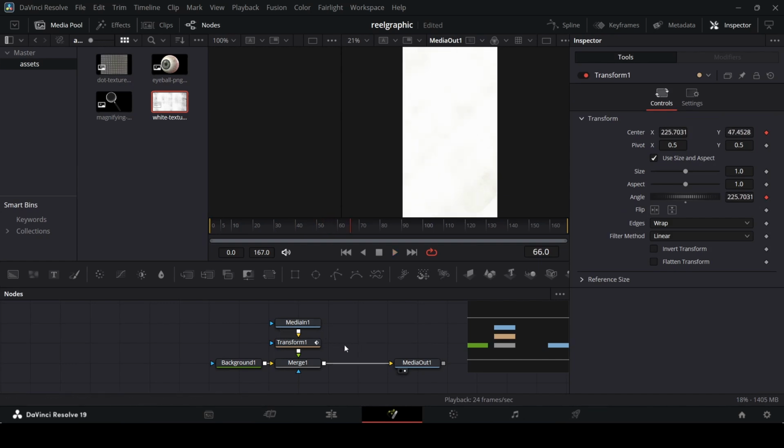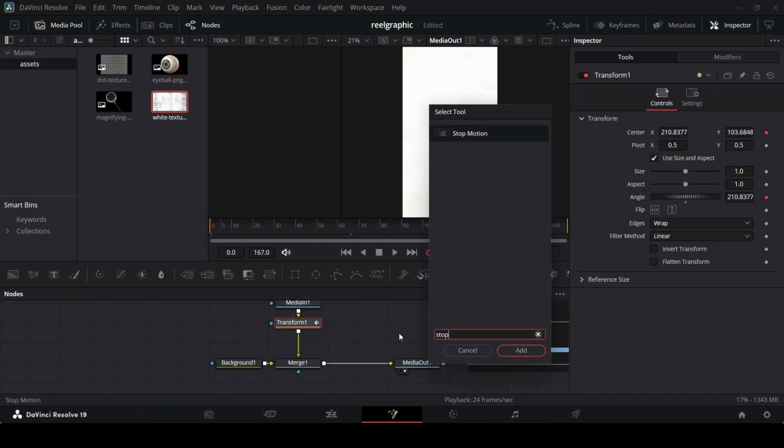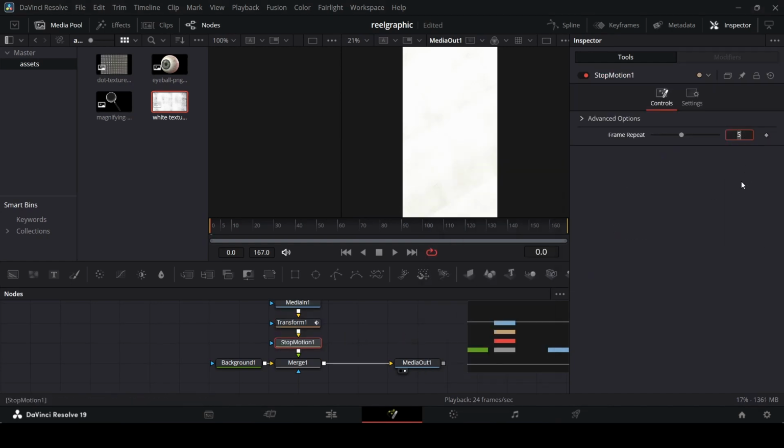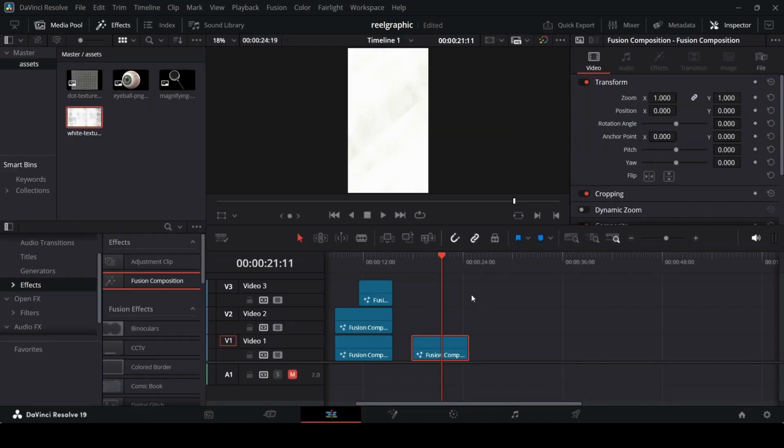What we need to do is add in a stop motion as well. So while you have this transform selected, press Control space and search for stop motion. Now from here, you can just change this to 10. And if you play this, you will see this stop motion now. So now that we have this background done, we can go back to the main timeline and start doing the